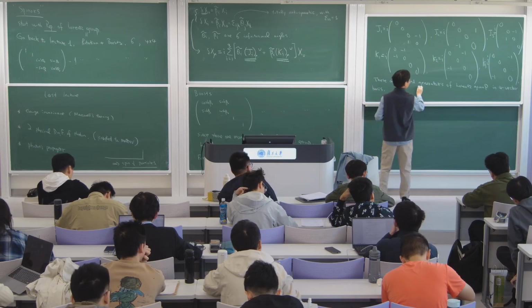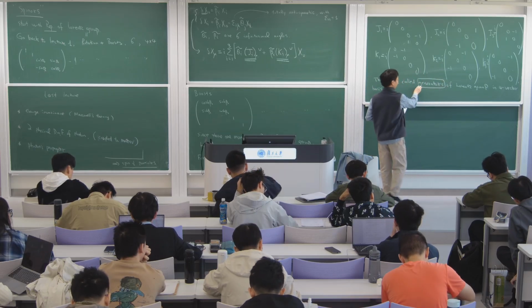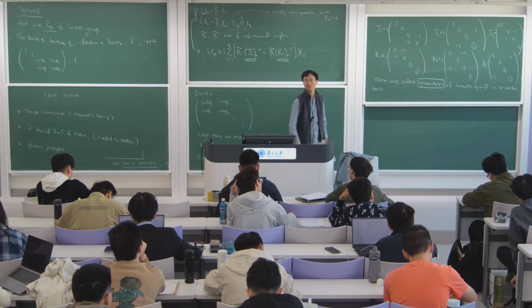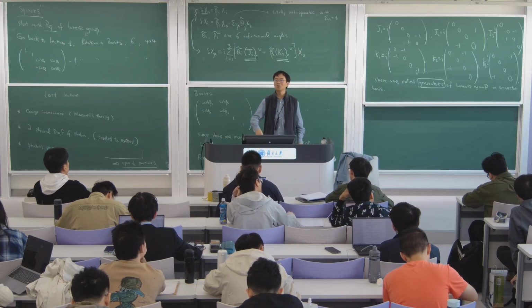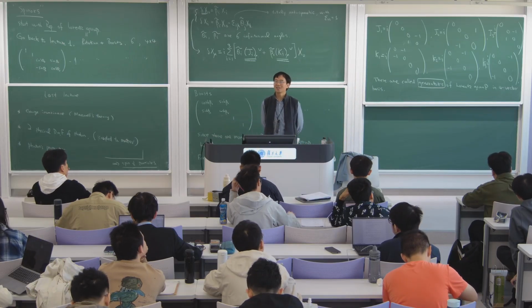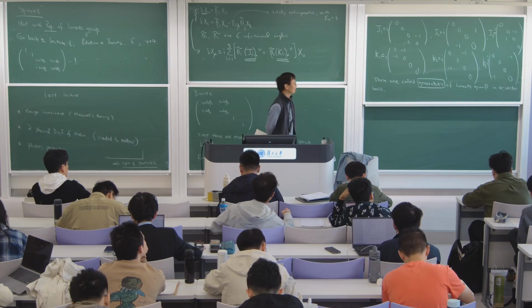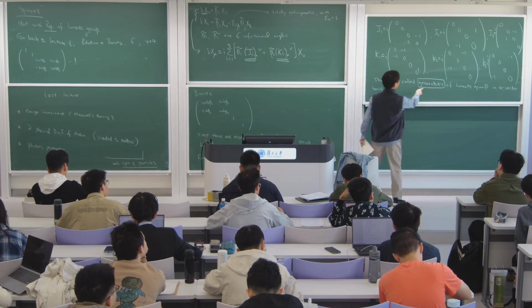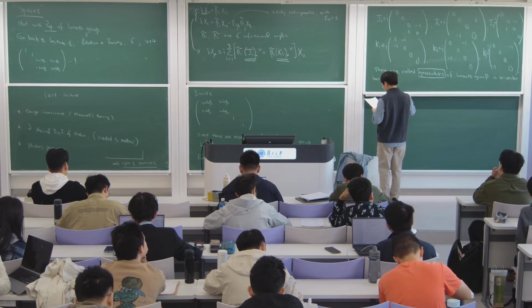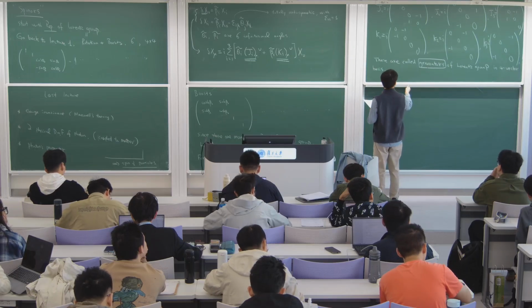So why do we call these generators, right? Generators seem very important, right? Something you can use to generate others, okay? Which are called generators. They generate the group in the sense